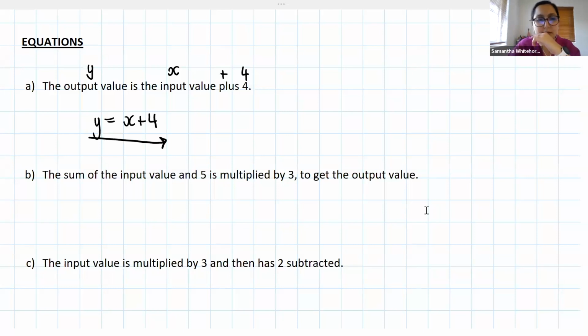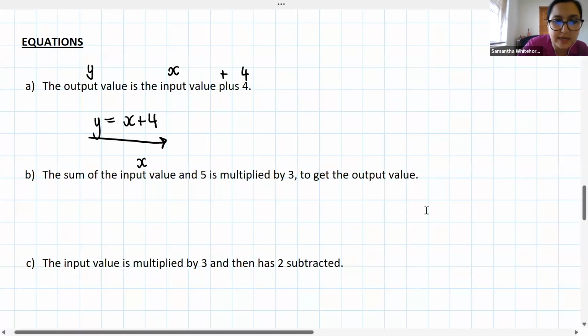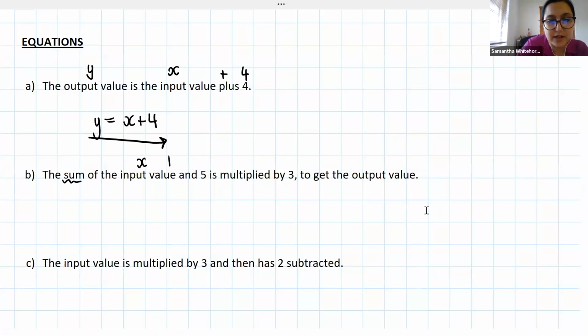Okay, we've got a couple coming up, so let's see. The input value, which we know is x, and 5, and importantly, it's the sum of the input value and 5, so x plus 5 is multiplied by 3. So what that means is that this whole sum, that whole thing, is then multiplied by 3. Now we know that we can write that a bit neater to say that our output value is equal to 3 times the sum of